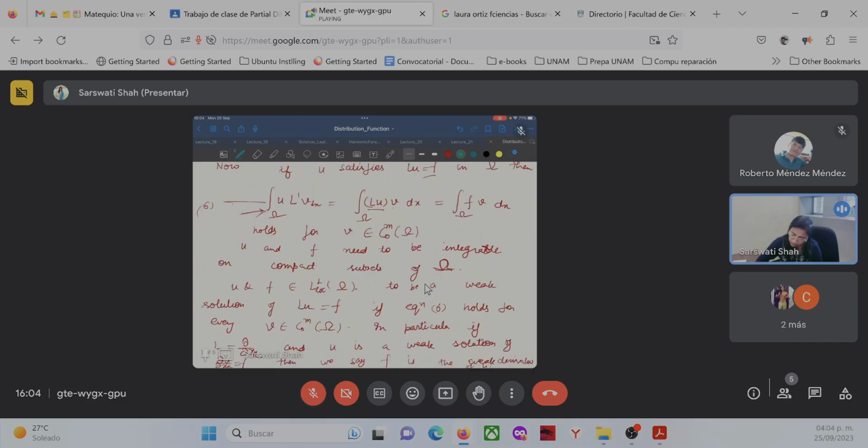Yeah, so u, the derivative of u is called the weak derivative if it satisfies this equation, for any compact support v, for any v function which is a C1 function and vanishes on the boundary,